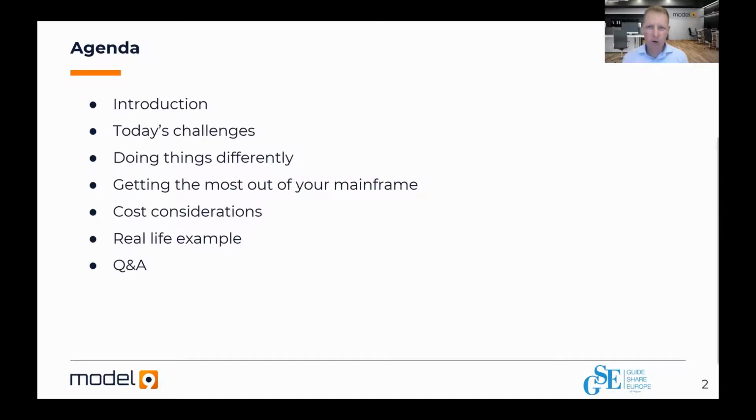We will look at all of the cost considerations associated with data management around the mainframe. We will share a real life example from a US bank, and feel free at the end or during the session to ask us questions.